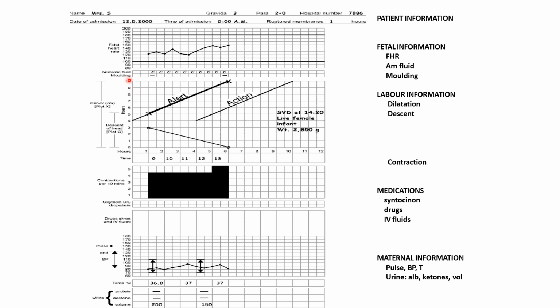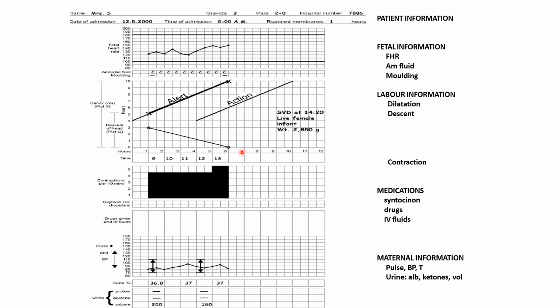So this 10 will correspond to the minus 5, and this shows that the head is not engaged, it is above the inlet. And if it is plus 5, here plus 5 will correspond to the 0, and that shows that the head has delivered, or the head came to the outlet of the pelvis.